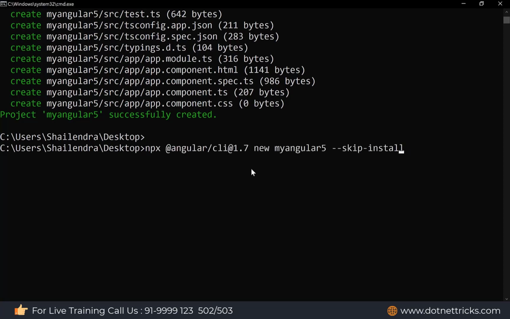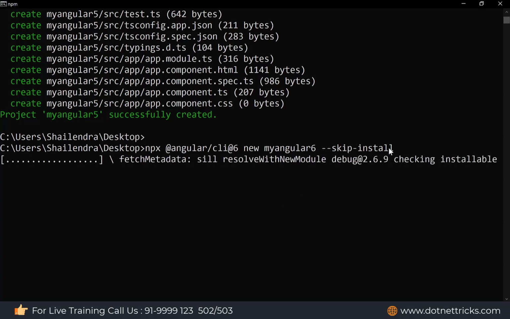So same command you need to run here, but starting from Angular 6, the Angular CLI is now Angular 6 now. This way 6. Similar way, if you are willing to create the Angular 7 application, do mention Angular CLI version 7. For 8 also, do mention Angular CLI version 8. Right now it is 9, so by default it will create the Angular 9 project for me. So let me create here for Angular 6 here. Let me enter it.